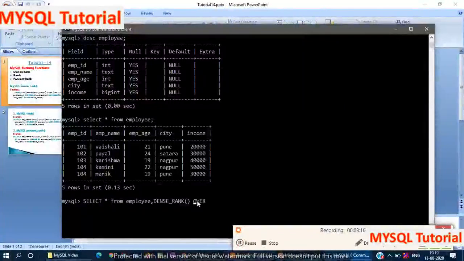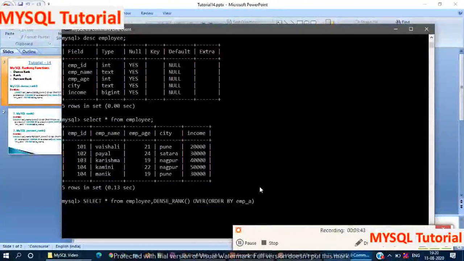Here give a space, DENSE_RANK OVER, and in brackets specify the column name on which you have to specify the order, sorted in ascending or descending order. ORDER BY, here I use employee age.